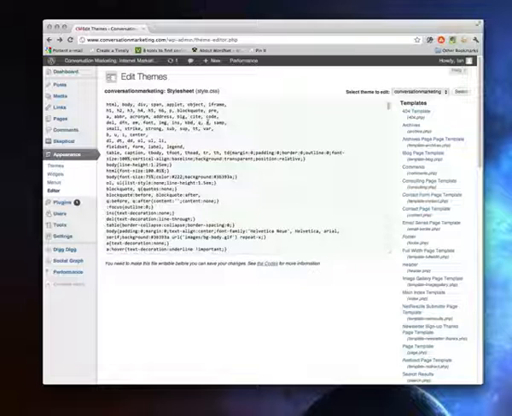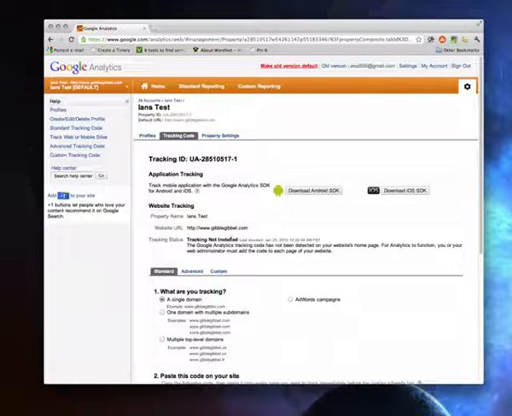I mean, I just go to my header or my footer, I save it, and it's done across the whole site. Then you just want to go back to Google Analytics and make sure that it is tracking, because notice right now it says tracking not installed. So you'll want to check it again. If it still says tracking not installed, before you start checking for problems, check the time and make sure that it has checked your site since you put in the new tracking code. And then if it's still not showing up,